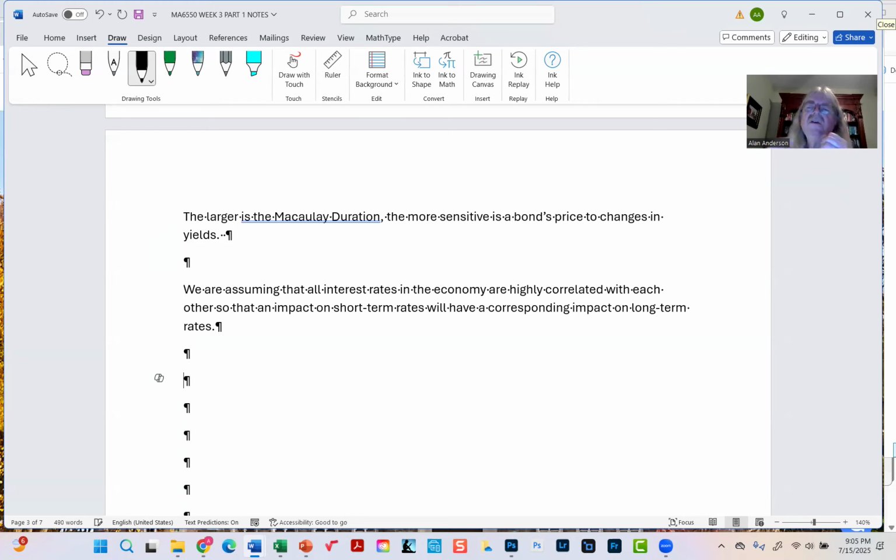So in other words, you can think of all rates as moving together up and down and up and down. It's not exactly true, but it's a pretty good approximation. And in fact,